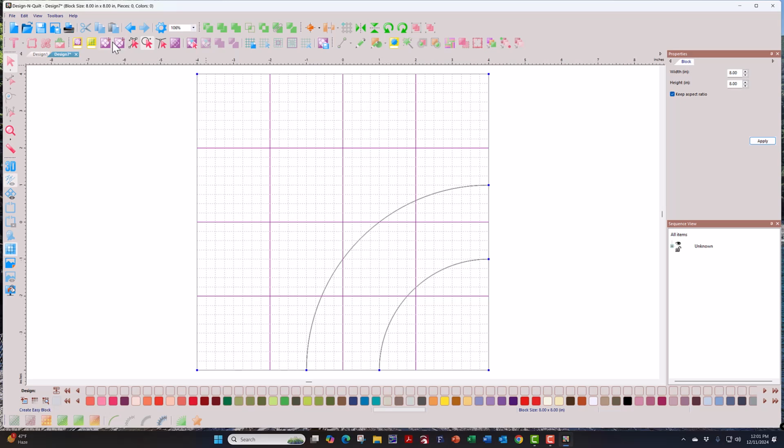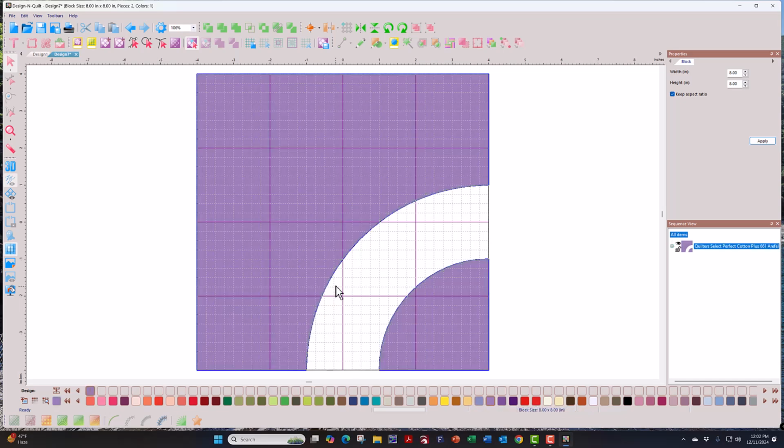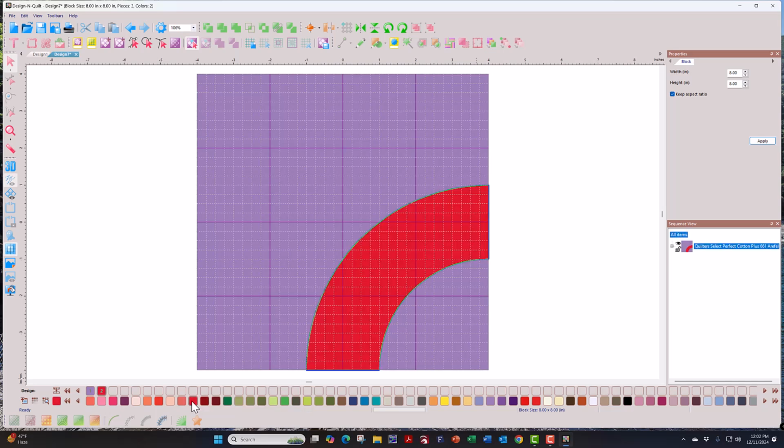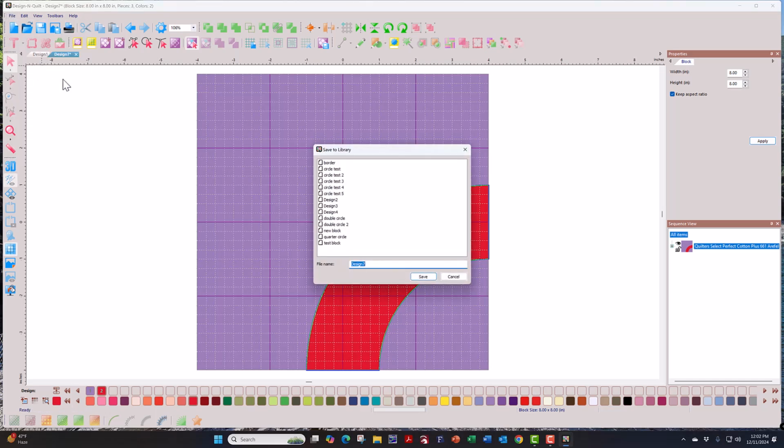So I'm going to go to my piece select tool, and what I've got is a piece here, a piece here, and a piece here. Let me control click these 2 outside pieces, and I'll make those purple, and I'm going to make my inside piece a red. So let's do a red here, and now I'm going to save that block. I'm going to come once again to my file, save to library, and I don't know, we'll call this circle test 6,